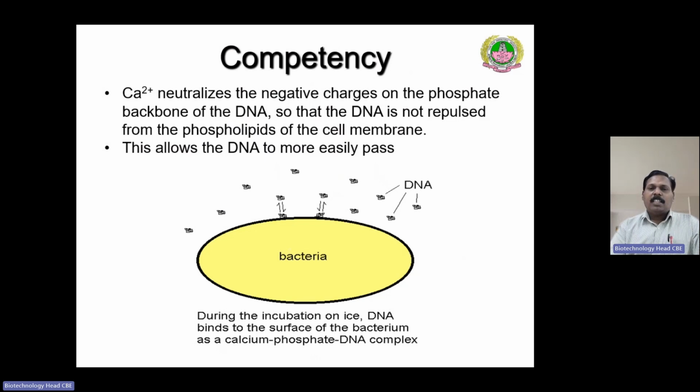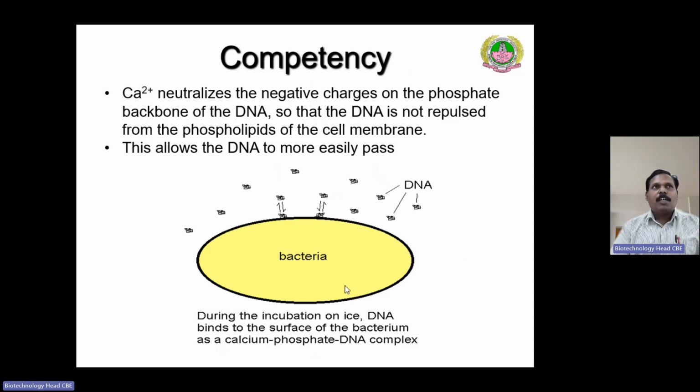Since the calcium chloride, the calcium ions neutralize the negative charge on the phosphate backbone of the DNA, because the phosphate backbone has an oxygen moiety that offers the net negative charges to the DNA, which would be neutralized by the positive ions in the calcium chloride, so that the DNA is not repulsed from the phospholipid membranes in the bacterial cells. So this will allow our foreign DNA to get easily passed through the cell membrane into the cytoplasm